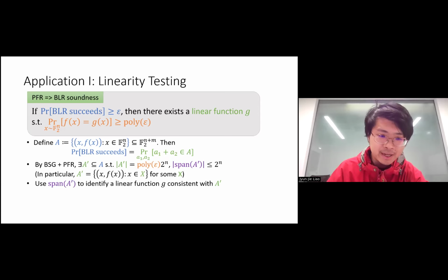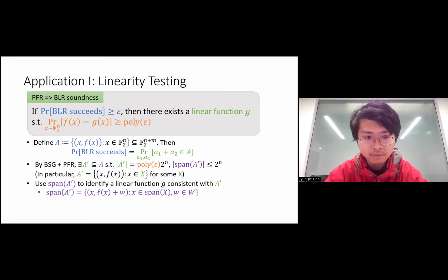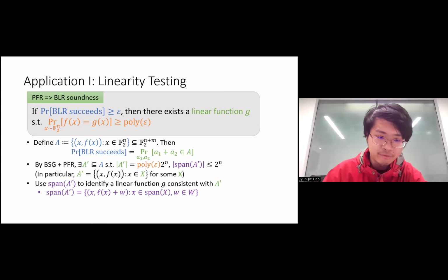And we have the guarantee that the span of A prime is small. And so we can use the span of A prime, which is like a subspace, to identify some linear function that is consistent with this set A prime the most. And in particular, we can write the span of A prime as an affine function which looks like x concatenated with Lx plus W, but